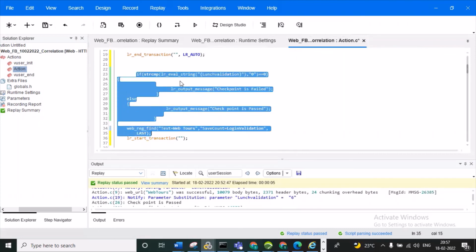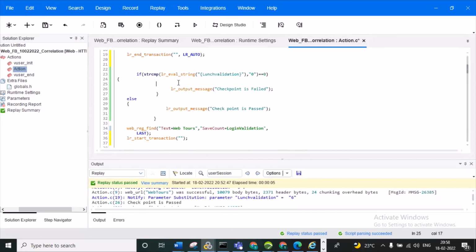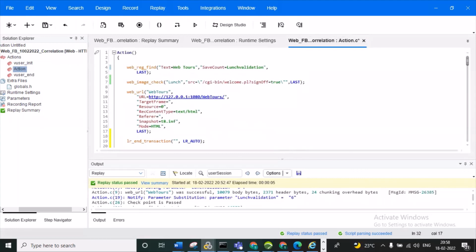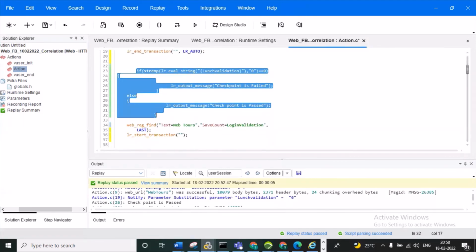It will execute and we get accurate results, and we can see whether it is a valid page or not, but it is not included in the response time and does not impact it. If we write code between lr_start_transaction and lr_end_transaction, it will impact, but if we write in the middle of lr_end and start transaction, it will execute but will not impact the transaction response time.